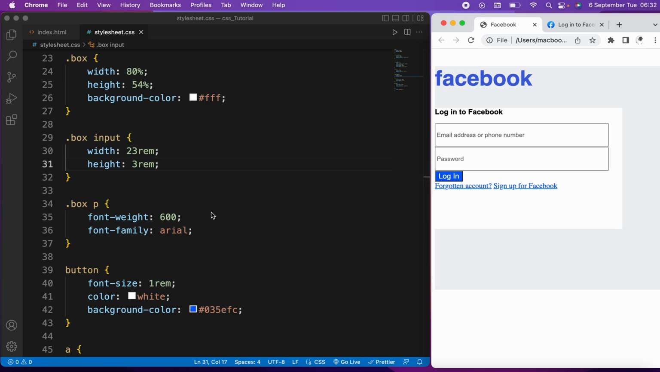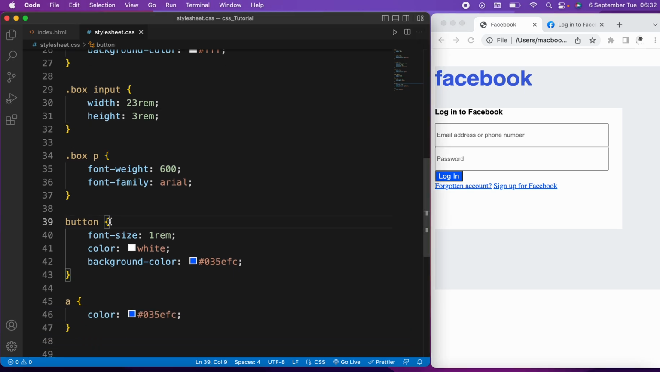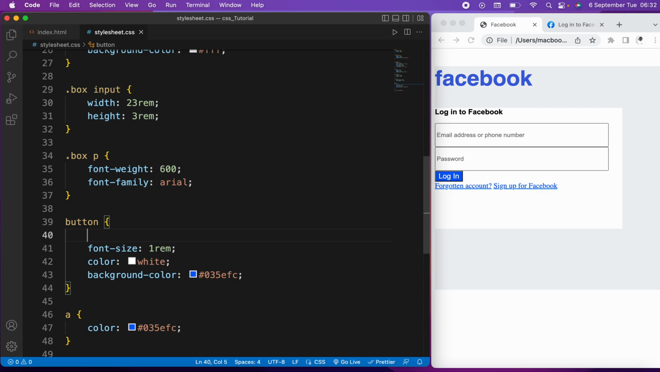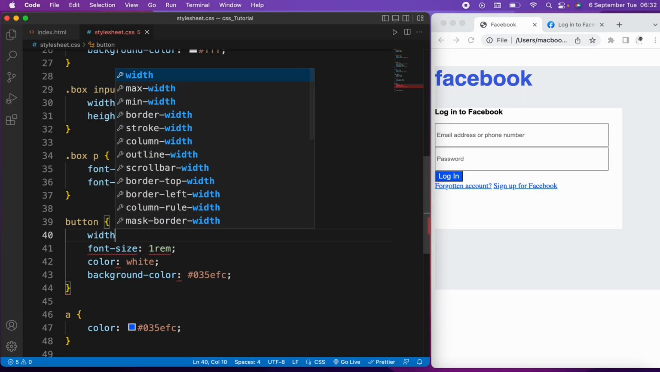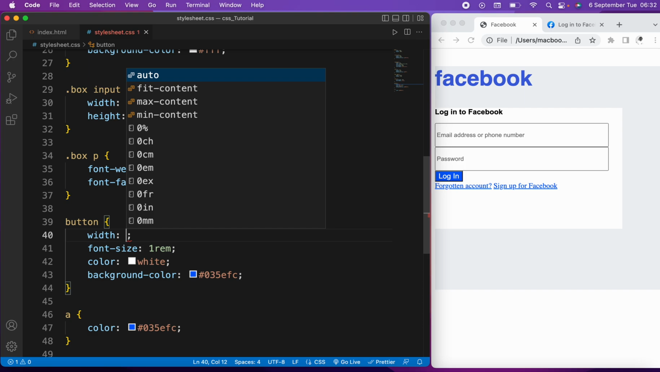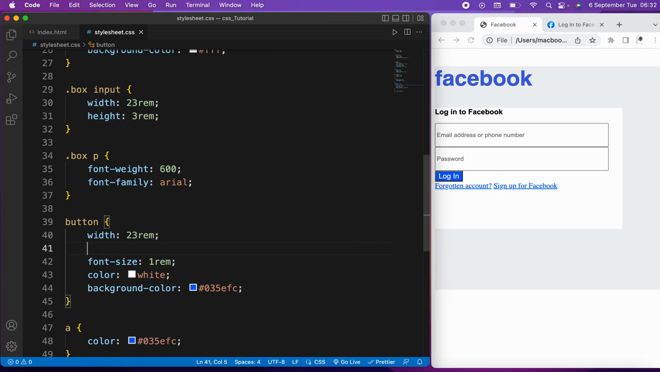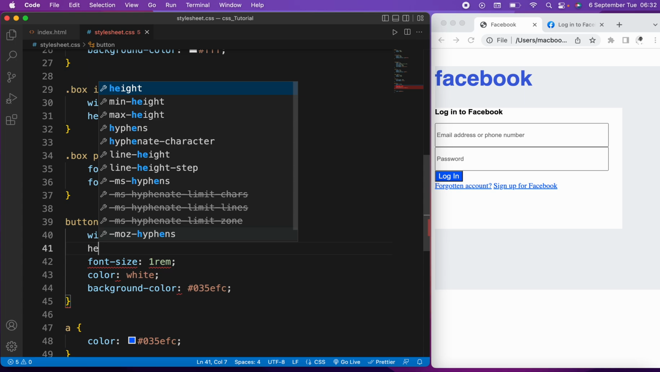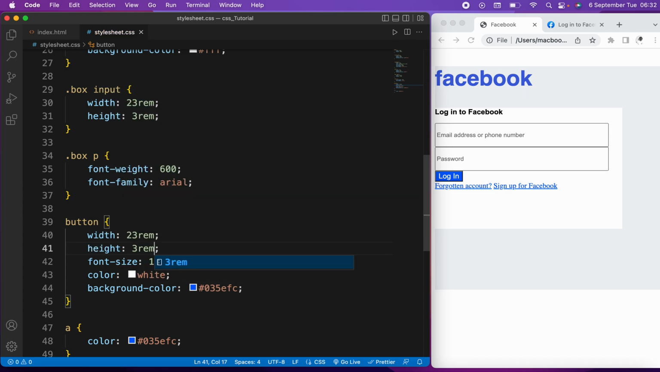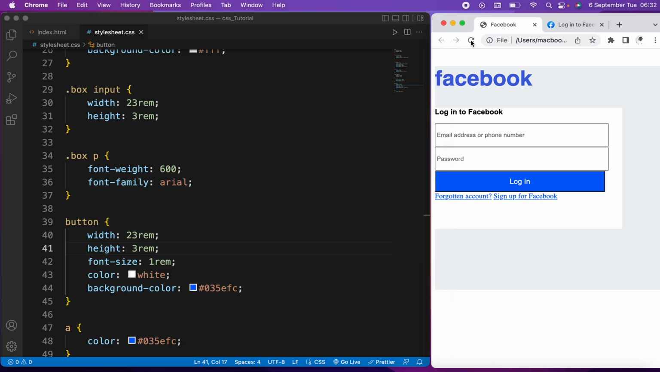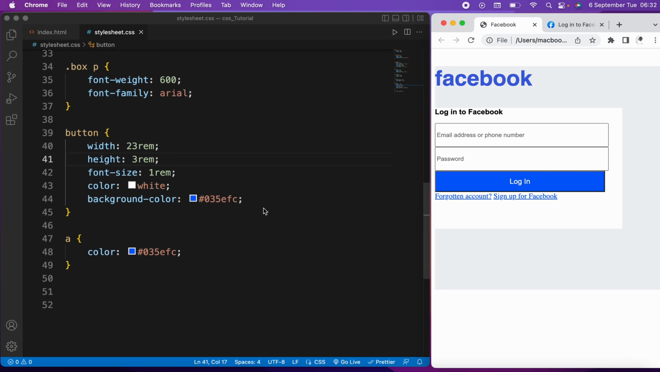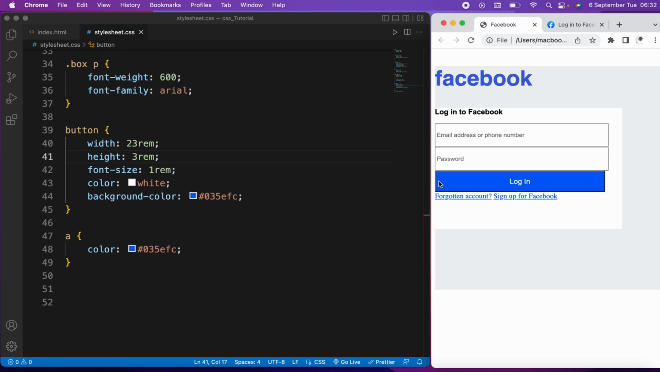The next element we want to give a height and width is the button. So let's say width, 23 rem, the same thing, because we want it to be the same size as this. And we'll come here and say height, we'll give it 3 rem. Let me refresh. You can see. So this is basically how you give your web page a height